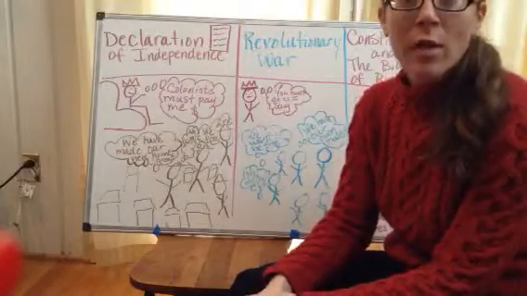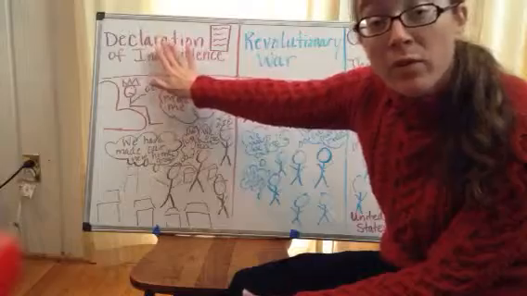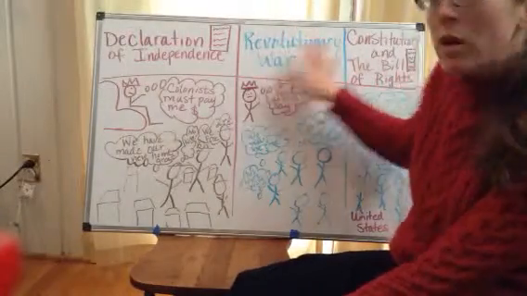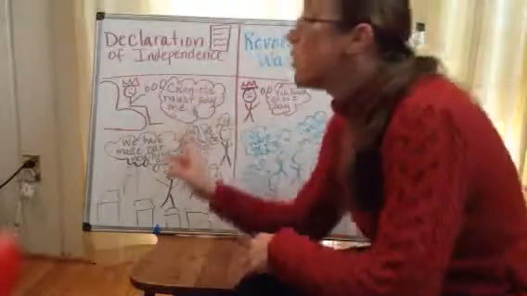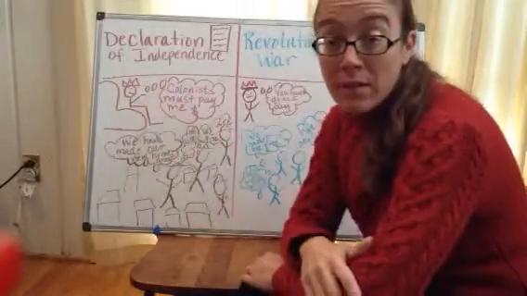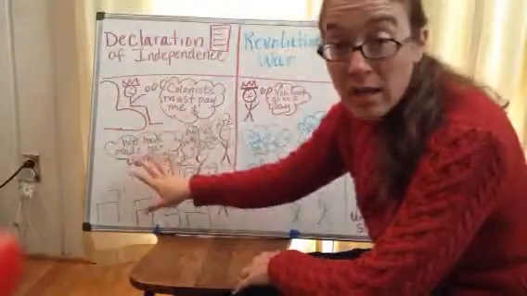Today we are going to talk about the Revolutionary period. We're going to talk about the Declaration of Independence first. We're going to talk about the Revolutionary War, and then we're going to talk about the Constitution and the Bill of Rights. So first, with the Declaration of Independence, this was a sheet of paper that the colonists created because